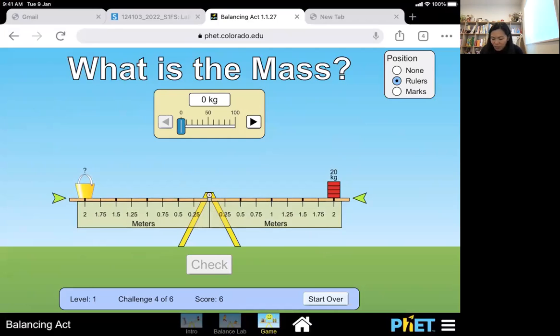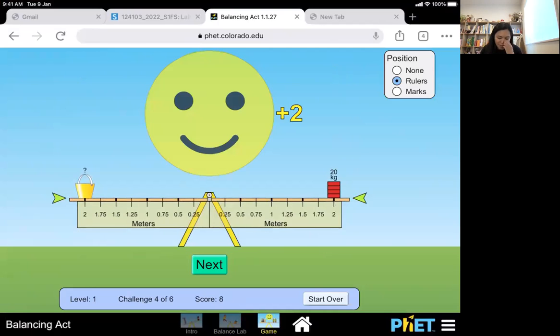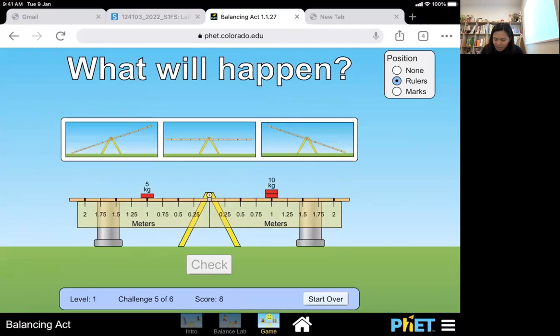Yeah, so it already balances out right away. So you already know it's 20 kilograms. Yeah, because it's in the same lever arm. So that means the weight force should be the same and the mass should be the same. Yeah. All right, here,